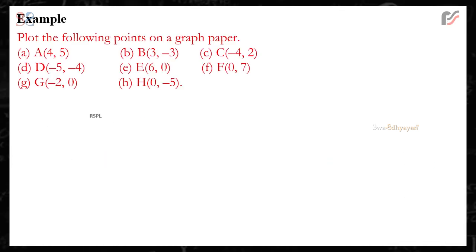Example: plot the following points on a graph paper. A (4, 5), B (3, -3), C (-4, 2), D (-5, -4), E (6, 0), F (0, 7), G (-2, 0), H (0, -5). Solution: